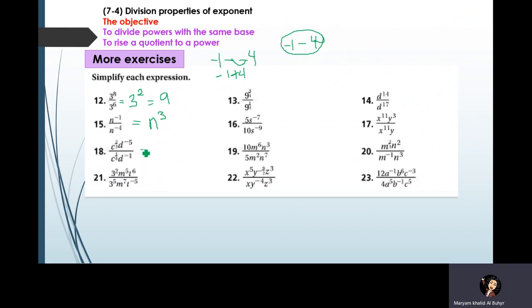More complicated, step by step. I have C and C, same base, just between them division, subtract the powers. The given powers are the first one, 2 over 3, minus 1 over 6. Make them the same denominator, or it's up to you if you want to do them by calculator, times 2 here. So that is 4, 4 minus 1. It's a 3 over, so that will be 3 over 6. Simplify it. Once you simplify it, you will get 1 over 2. So C to the power 1 over 2